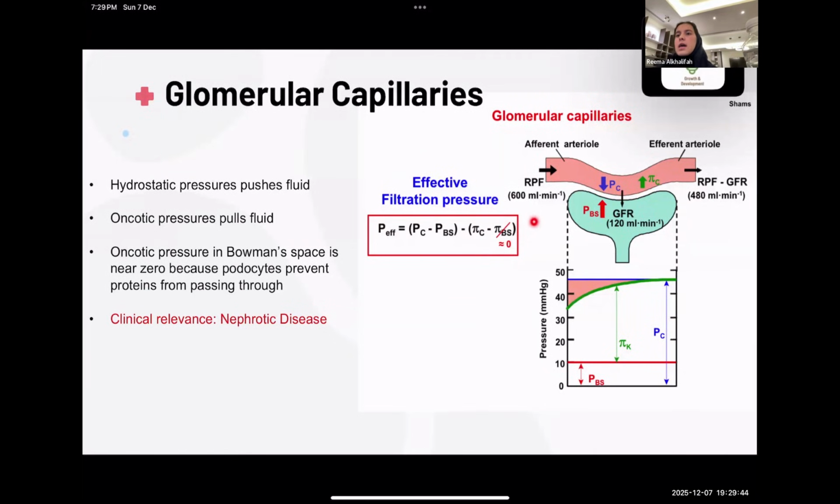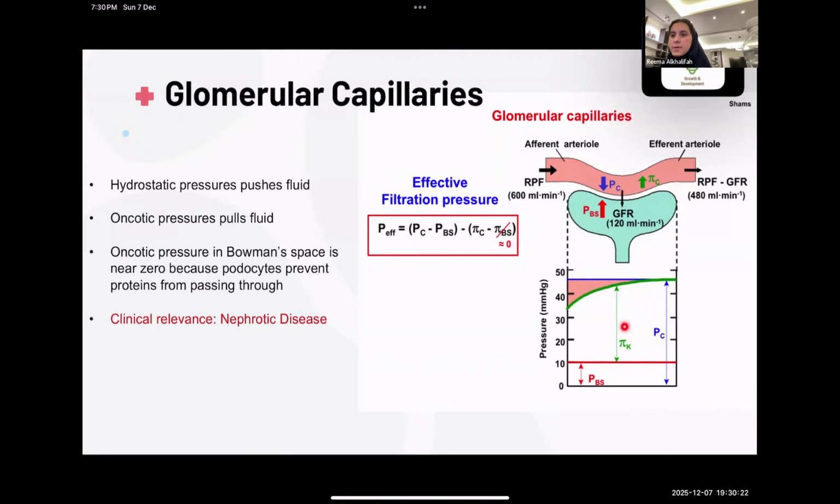Now, we talked about systemic capillaries, and we said that reabsorption and filtration happen. In this case, in glomerular capillaries, reabsorption does not happen. It's filtration. Now, why does this happen? It's because the hydrostatic pressure of the capillary stays at a high level and is constant. So when the oncotic pressure increases, it stops at a level where it cannot exceed the hydrostatic pressure. So this opposes filtration. However, it only stops it. It does not